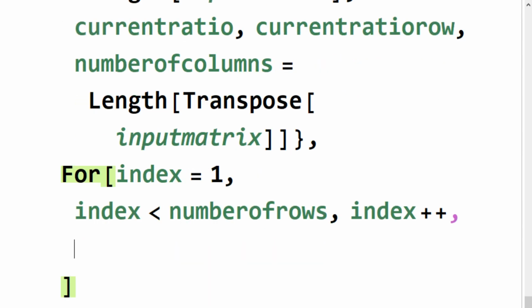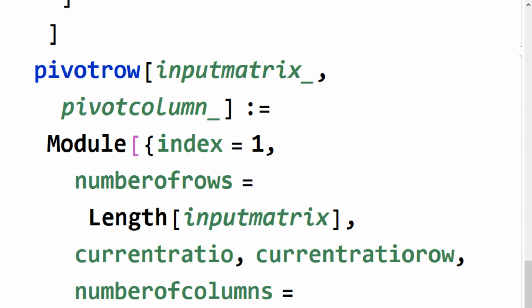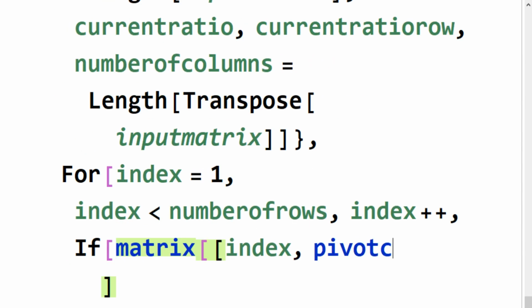So, if what we want to look at is the matrix, we want to look at the current row, so that'll be the index, comma, we want to look at the pivot column, and that number was given to us, pivot column. So if matrix index pivot column,